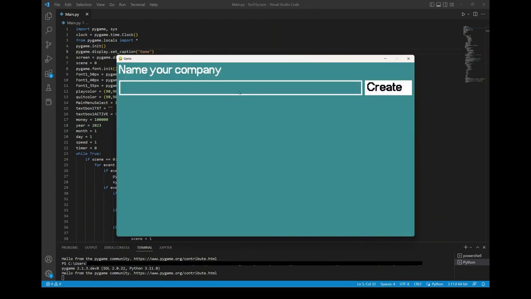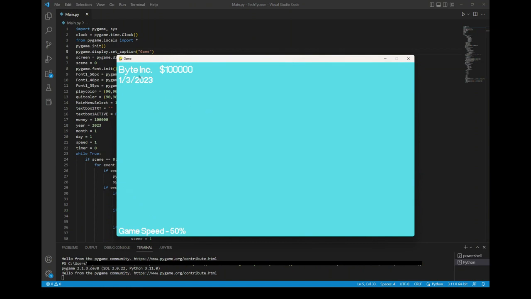So basically, in this game, the idea is you create a company and you sell stuff. It's very simple, but yeah. All right. So let's just call this Byte Incorporated, for example. I'll click create. We can see our company here, the amount of money we have, and we have this at